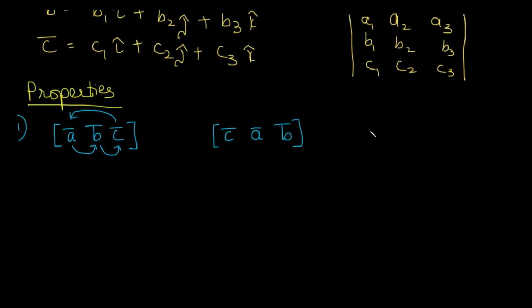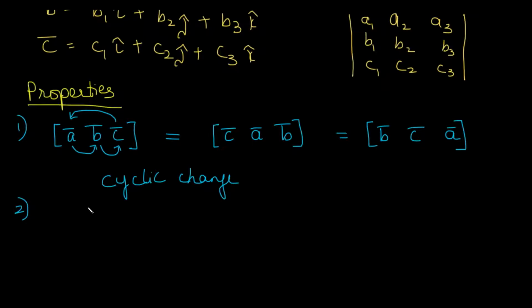In the same way, suppose we change the order once again by writing B, C, A. Over here also, as you can see, the order has changed. Even if we change the order of all the three vectors, it is called a cyclic change. So a cyclic change of vectors A bar, B bar and C bar in the scalar triple product does not change its value. That means we can write that box ABC is the same as box CAB, which is the same as box BCA. It's an important property.